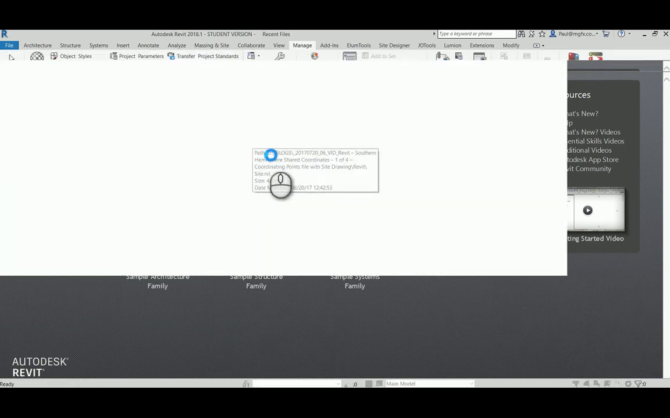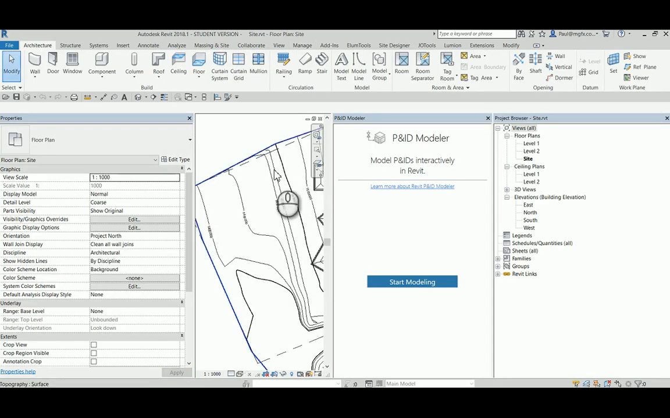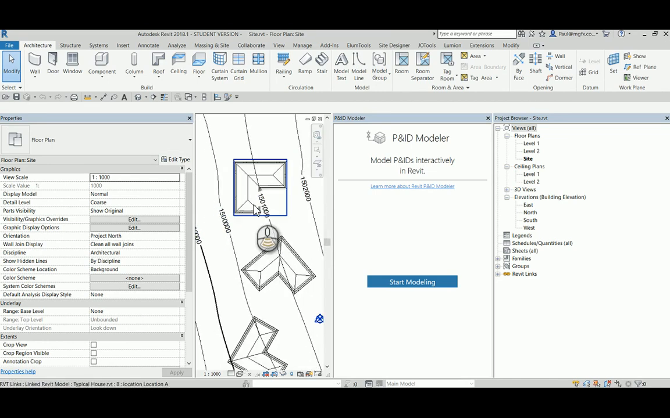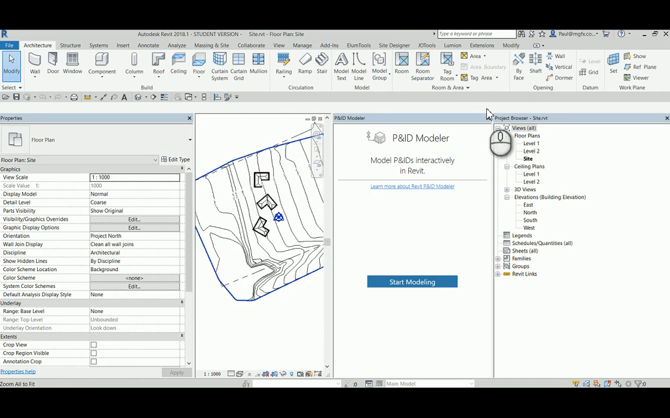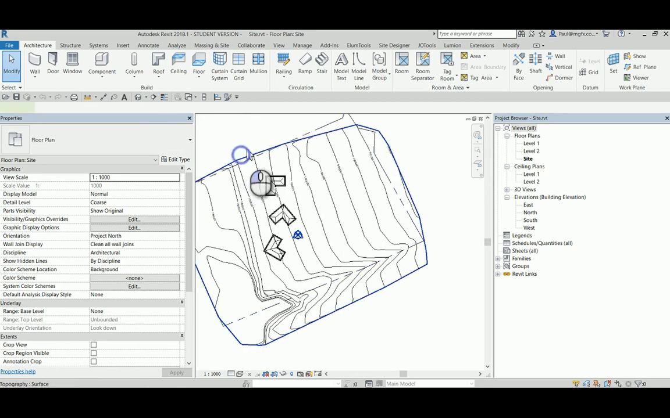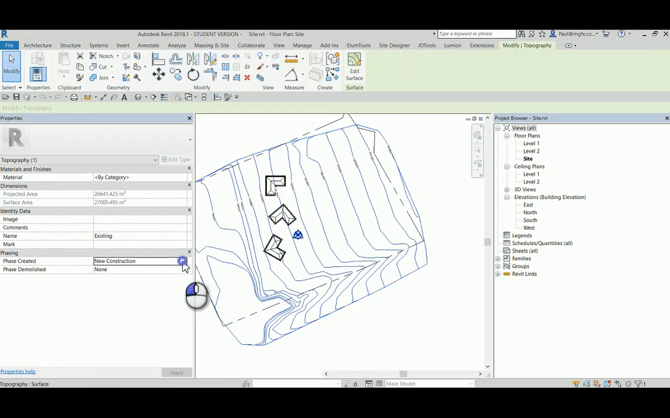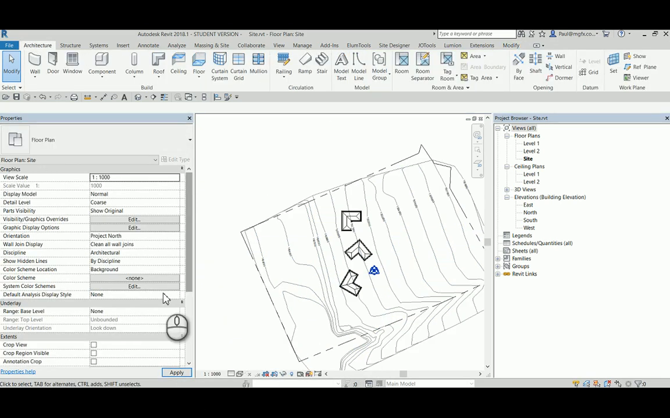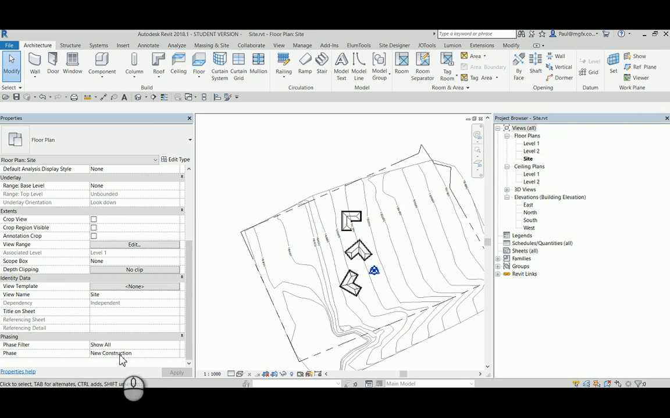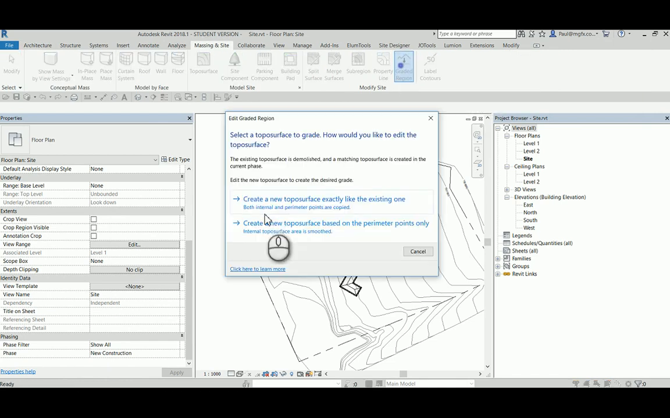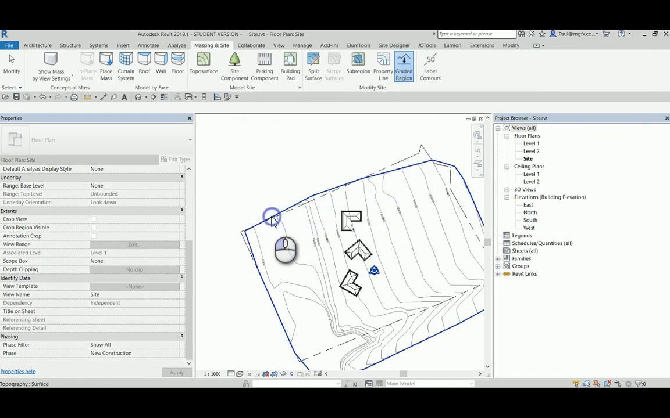Going back to the site drawing, if we wanted that configuration, what would we do? Well, we would take the original topography, move it onto a previous phase, name it original topo, and then currently we are in the new construction phase. So if we create a graded region exactly like the existing one,